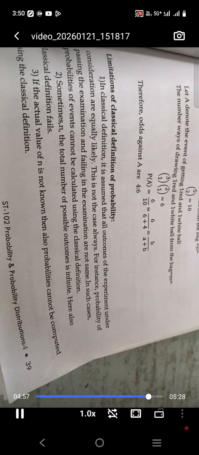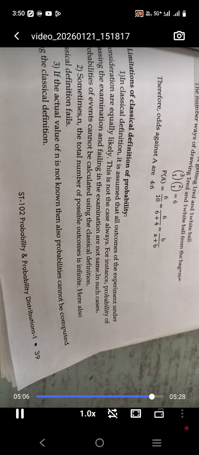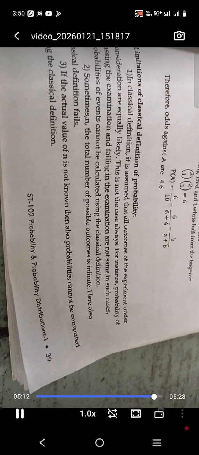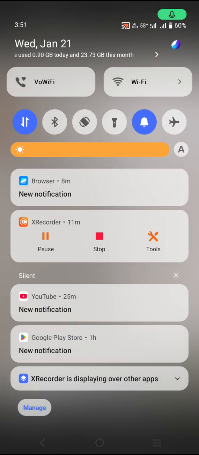And sometimes n, the total number of possible outcomes, is infinite, and here also the classical definition fails. And third, if the actual value of n is not known, then also probability cannot be computed using the classical definition. And here we have seen the limitations of the